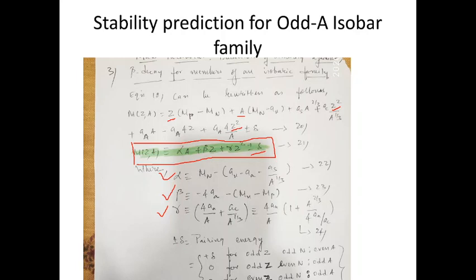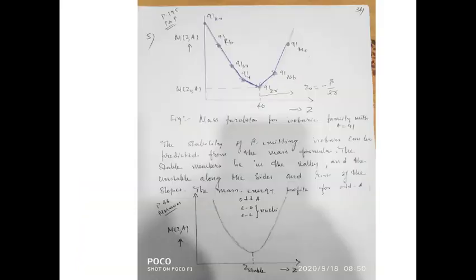Delta, as you know, depends upon the situation. So delta is taken as plus for odd-odd, because you know mass is increasing. Increase in mass is considered to be a sign of instability. So here you can see that delta is taken as plus for odd-odd, 0 for odd-even, and then it is taken as minus for even-even. You will have to take the minus sign here. It is even-even.